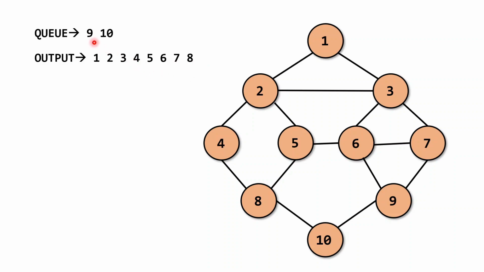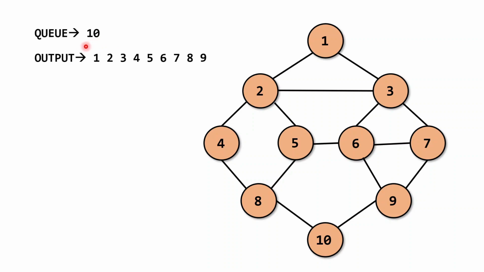Now the next element in the queue is 9. So I will check for this particular vertex 9, but for this vertex 6, 7 and 10 are adjacent and all of them are visited. So we will just put this vertex 9 into the output and remove it from the queue